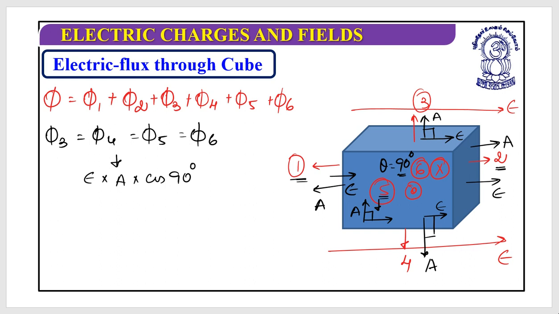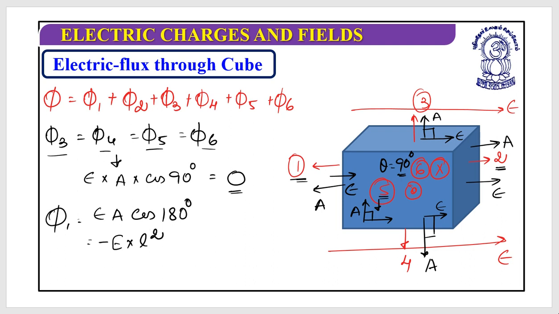When I do E into A into cos 90, that comes to 0. So all of these have 0 components. Now, what would be the flux through 1? It's E A cos 180 degrees. That flux is E into A into cos of 180. Now cos 180 is minus 1, so this is minus E into A. If I say it is a cube of side L, I can write this as minus